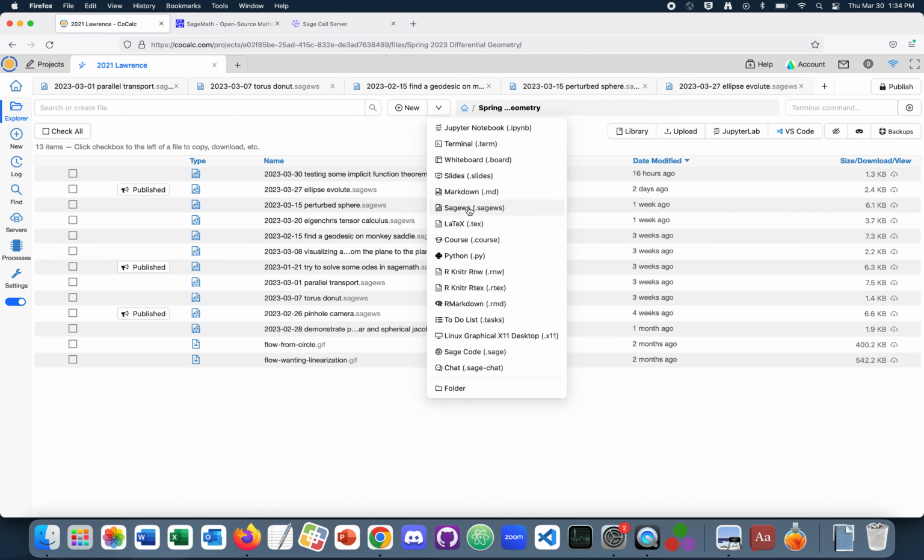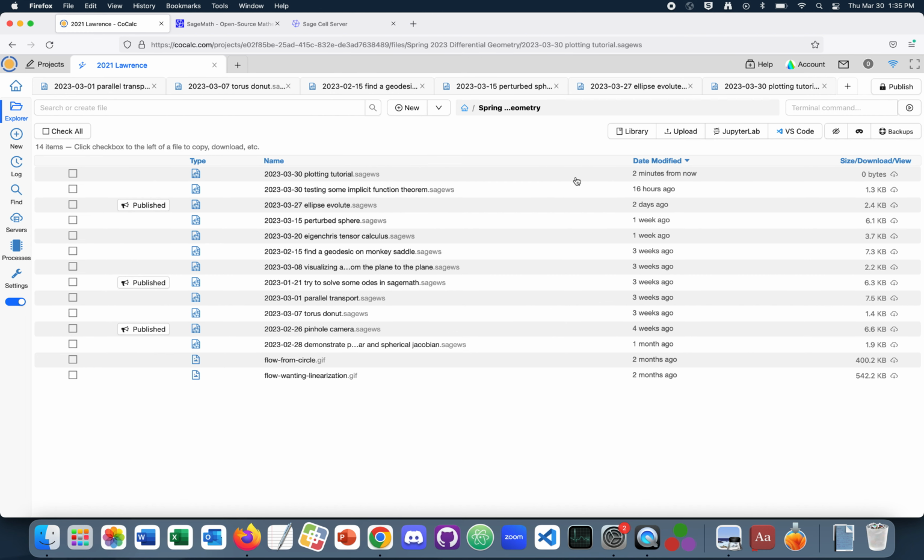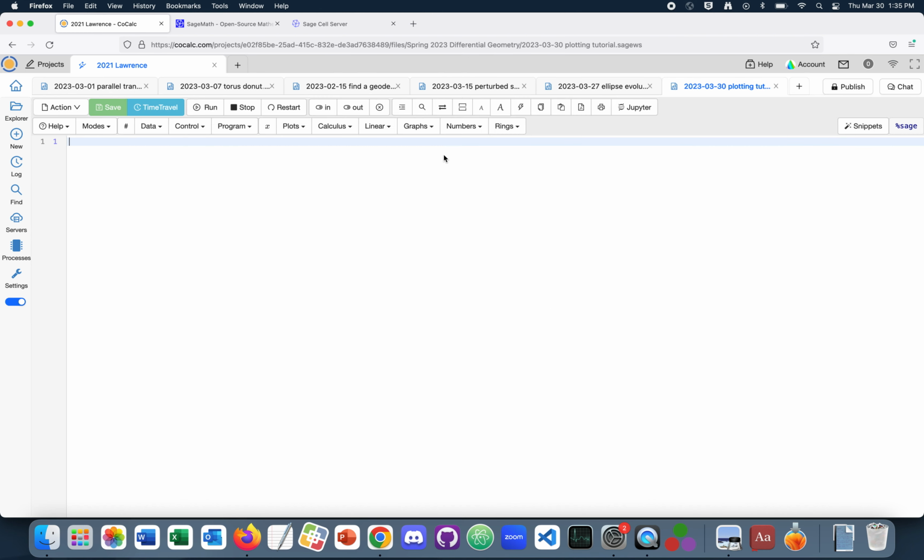So I'm going to create a Sage worksheet, which you can do on your computer if you download SageMath. And let's say plotting tutorial. I'm just going to show you all the ways to plot stuff. Okay. So I'm going to zoom in,